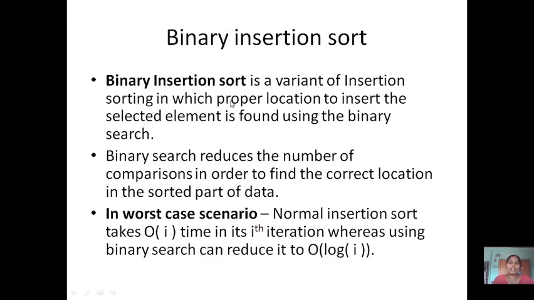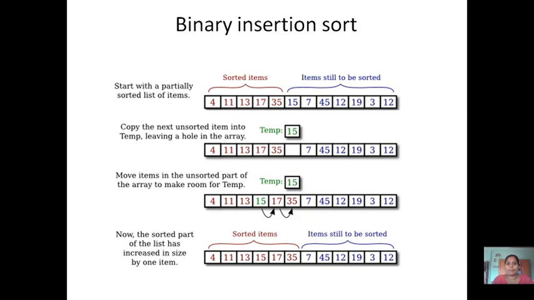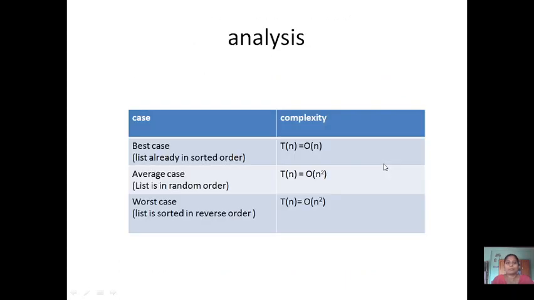So the next variation is binary insertion sort. It is another variation of insertion sort. Here we are going to use a binary search procedure so that we can reduce the number of comparisons. So you will be thinking the mid element is 15. So this will be the temporary value. All the elements before that are less than it and all the elements after it must be greater than it. So you will be comparing these elements up to here and you will be first sorting these values. After that you will be sorting these values.